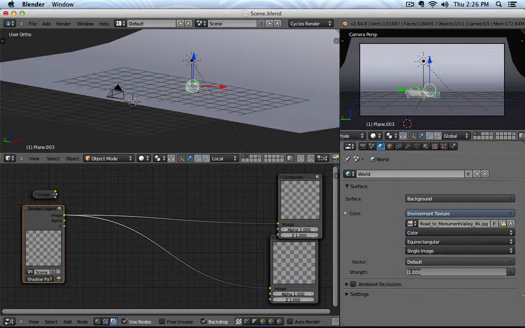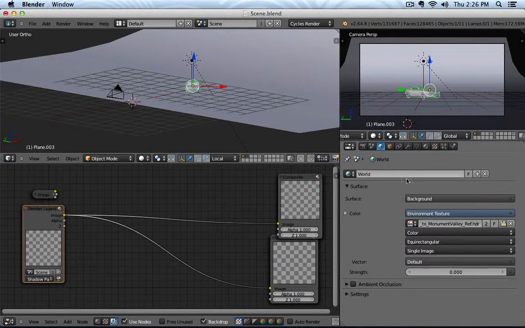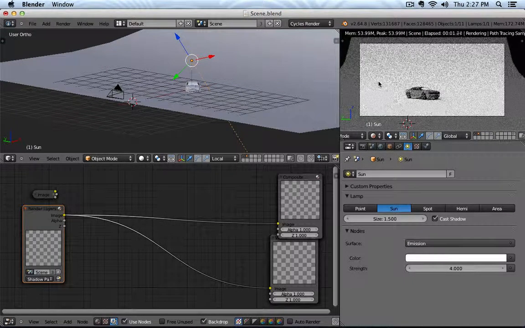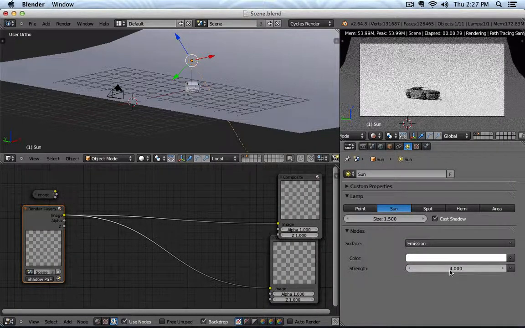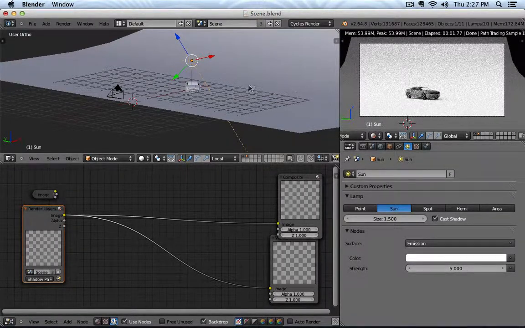and I have to turn off my environmental image. I also have to go back to my high definition image for my lighting, and then I go to my sun, and I'm going to increase the strength of the sun a little bit so that it starts to flood my environment with more light. So I kind of burn out a little bit of my shadows, but at the same time try to be,